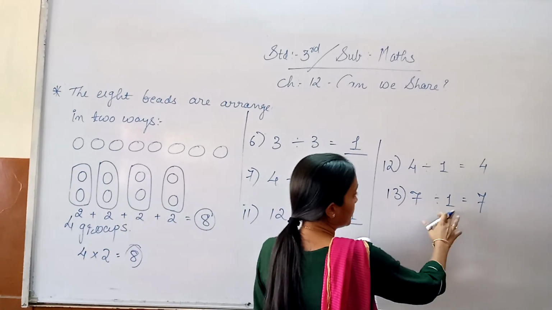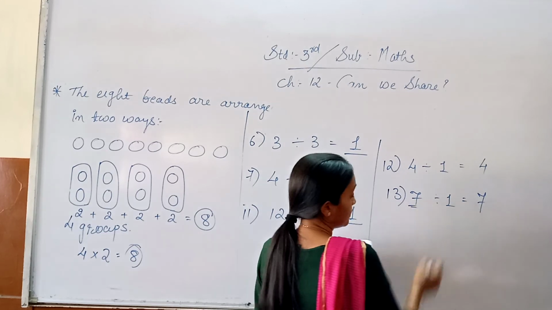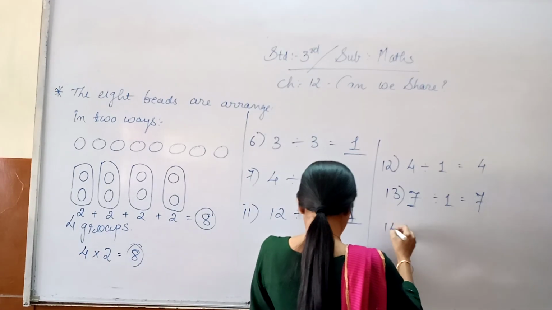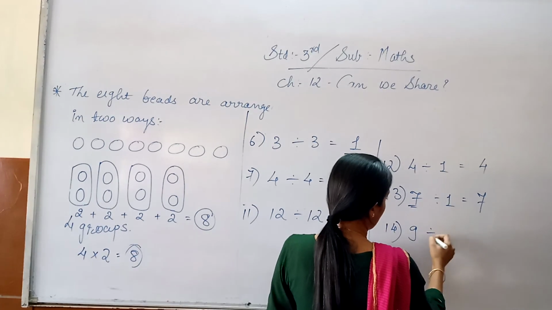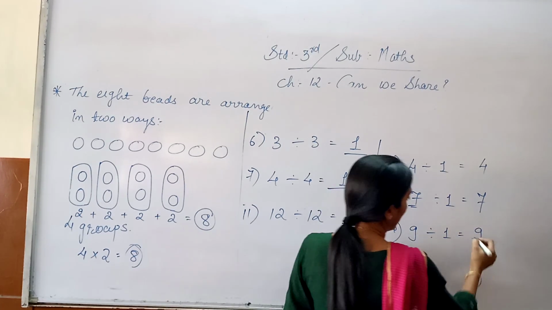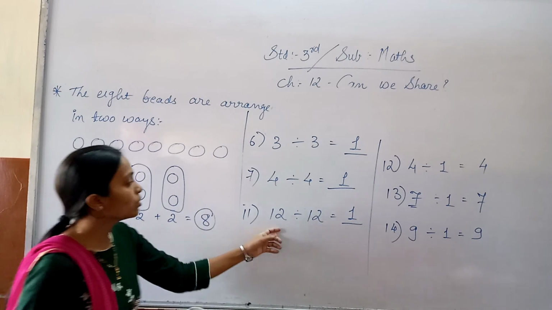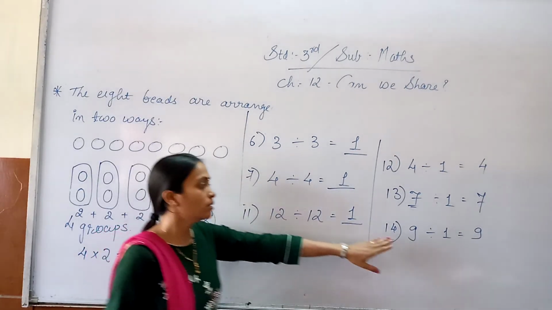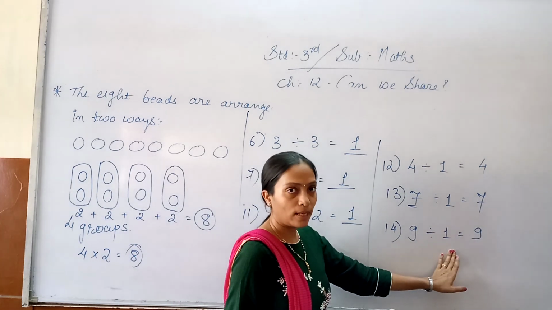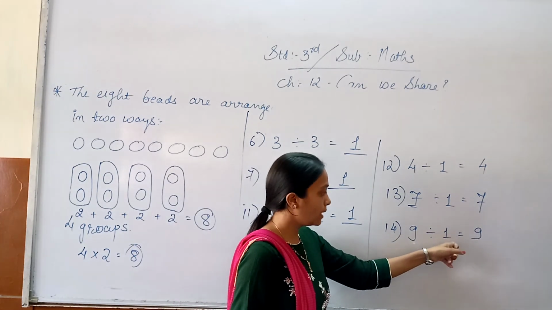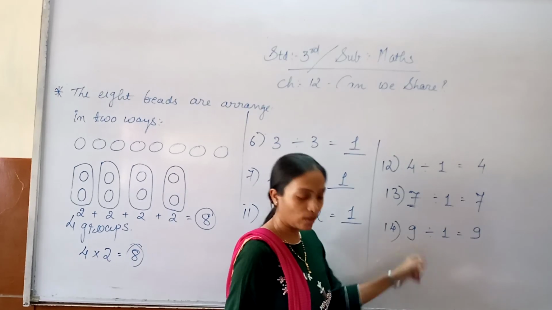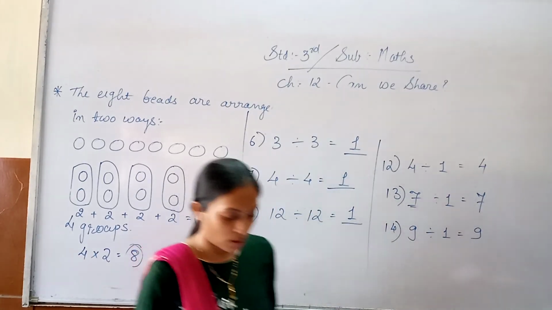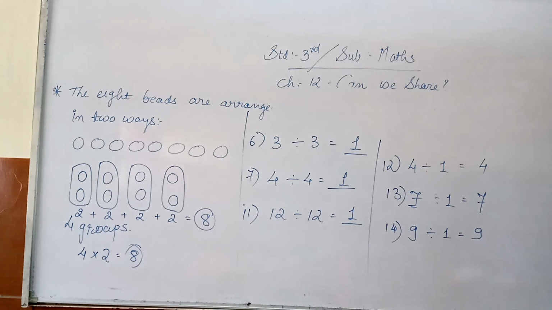Whatever number we divide by 1, that number itself will be the answer. Okay. 14th is 9 divided by 1. So the answer is 9. Understood? Any number divided by the same number gives 1, and any number divided by 1 gives that same number as the answer. Okay. So this practice portion is done. Now next questions we'll see in the next